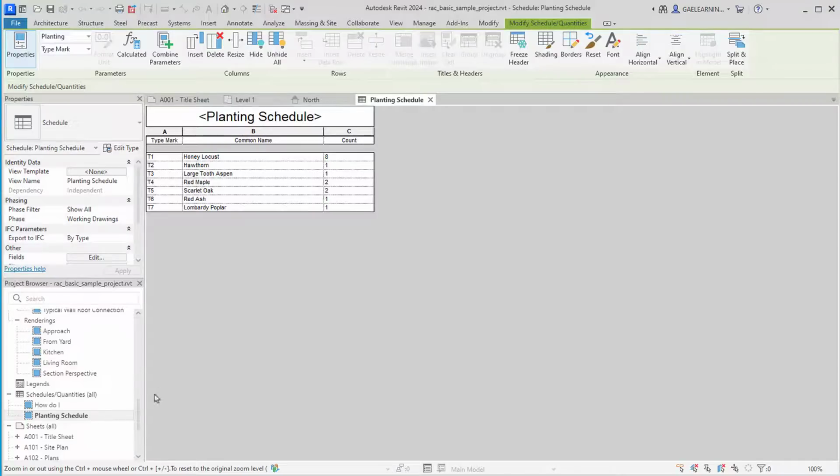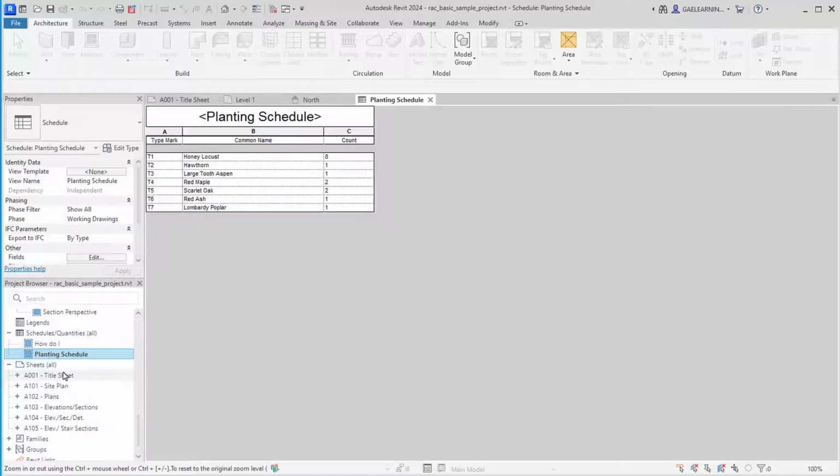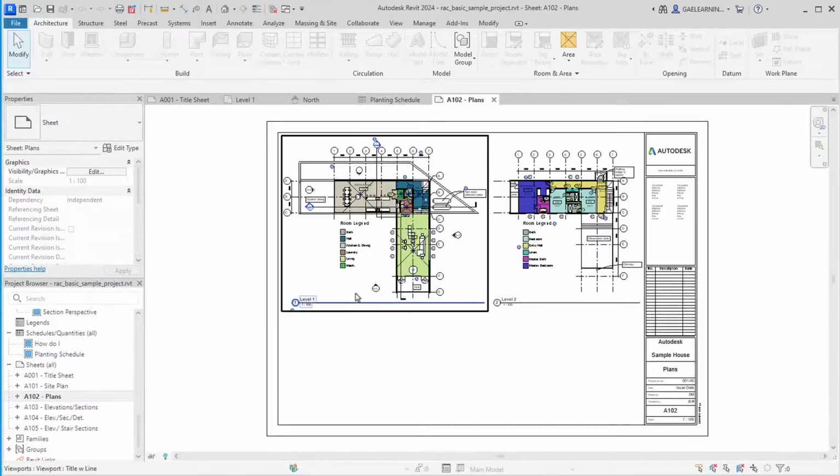Another item I can open is a sheet. In Revit, you create a sheet view for each sheet in the construction documents set. You can then place multiple views or schedules on each sheet view. In this case, I will open the 102 plans sheet, which, as you can see, contains the floor plans of